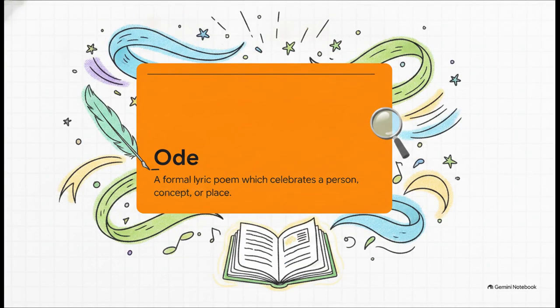Now, unlike that storytelling bounce of the ballad, lyric poetry is all about diving deep into emotions. Take the ode, for example. An ode is a formal lyric poem meant to really celebrate a person, a place, or a concept. Conversely, we have the elegy, which is a lyric poem specifically designed to mourn someone who has passed away. So while elegies are somber and odes are meant to elevate their subject, both of them actually tend to be really flexible in their blueprints. They can vary a ton in their stanza form and line length,